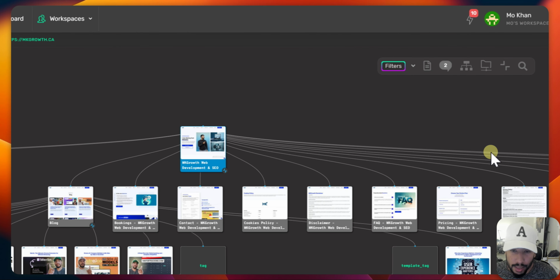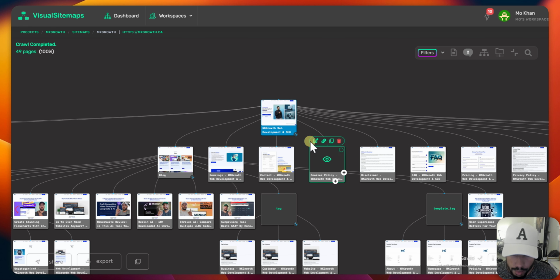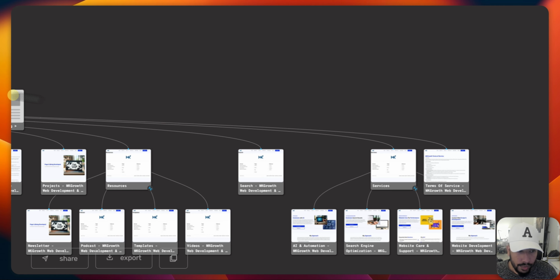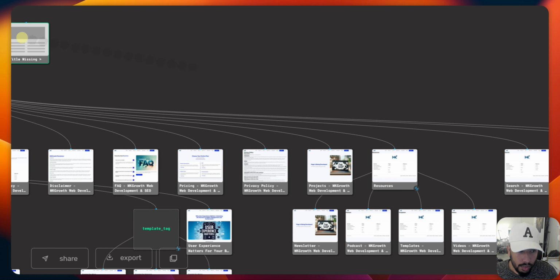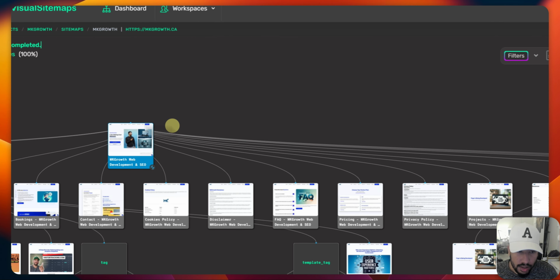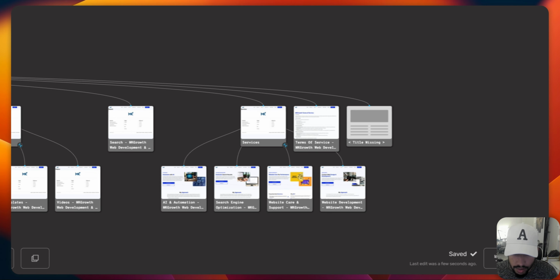Another thing you can do is, say for example, this is the home page, and I want to add another PDF document on the same level, so I can compare both of them. I can click on this, and you can see I want to add a folder, or add a page. Let's add a page, and I'm going to drag this over. Okay, because the home page is the top level, I guess I can't do that. But let me see if I can add a